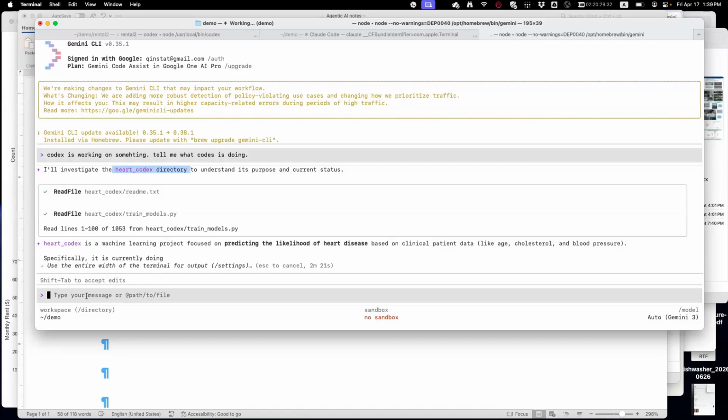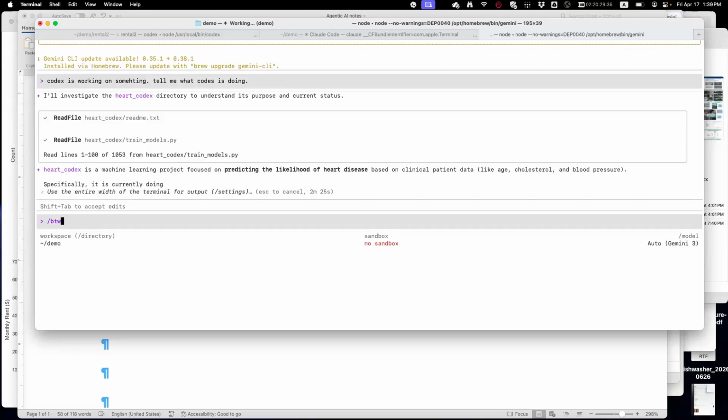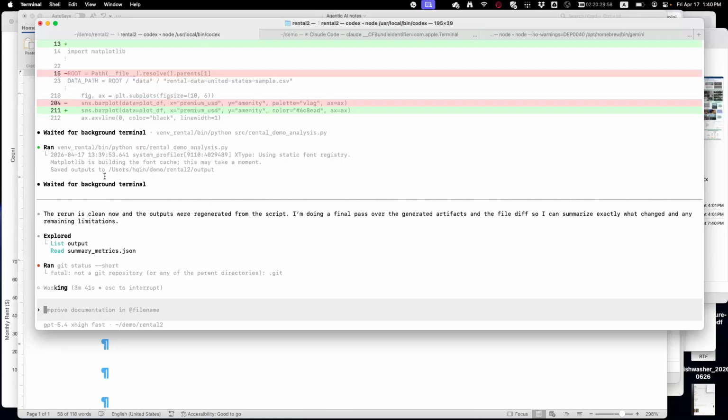So what I can do is say BTW, focus on this project folder. I guess I wasn't really clear, I should have limited it to this directory, so it actually went outside. And the Codex is still working on it.